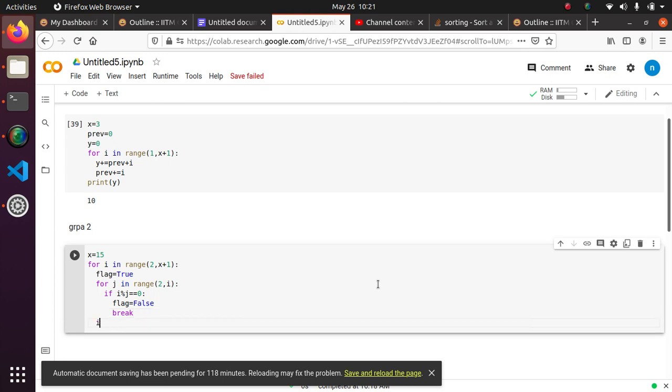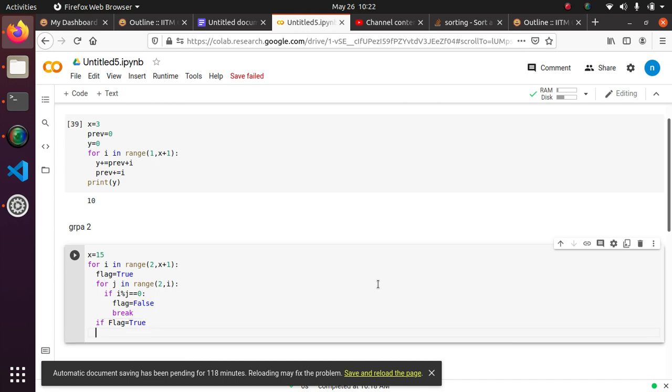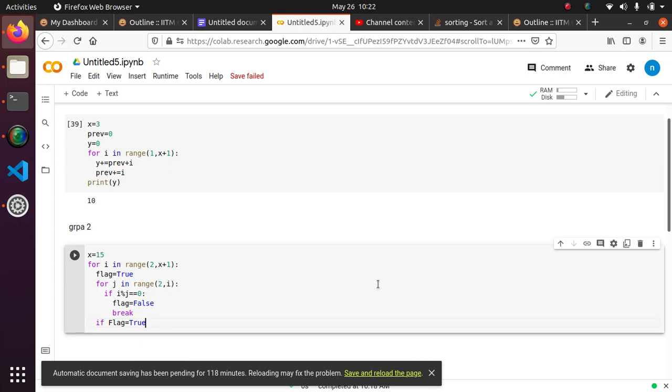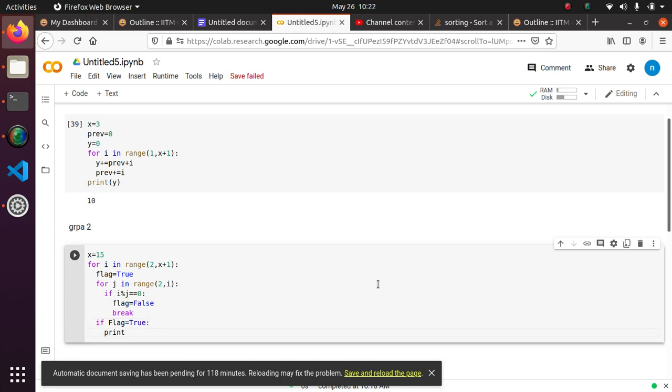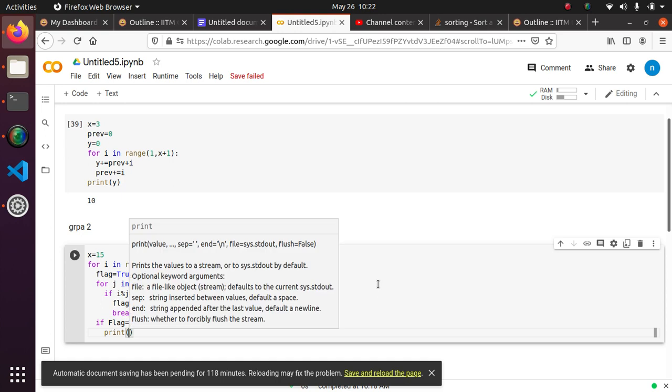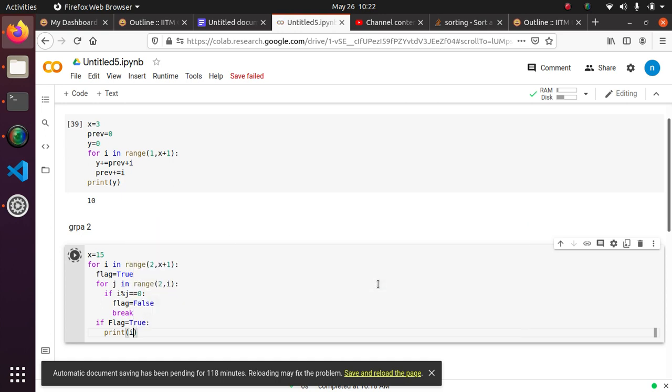So if flag equals True, print of i. Okay, so what will happen now?